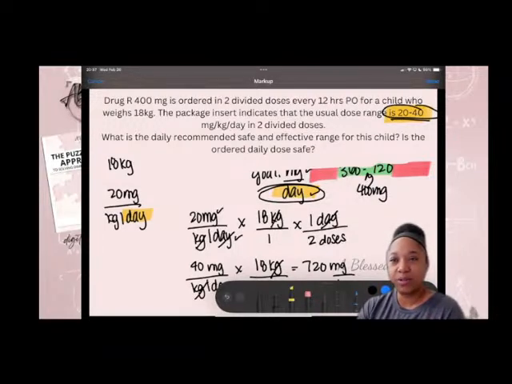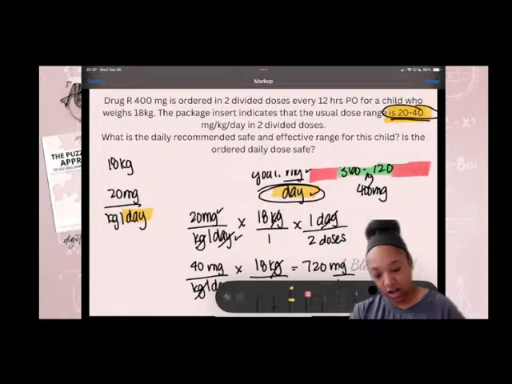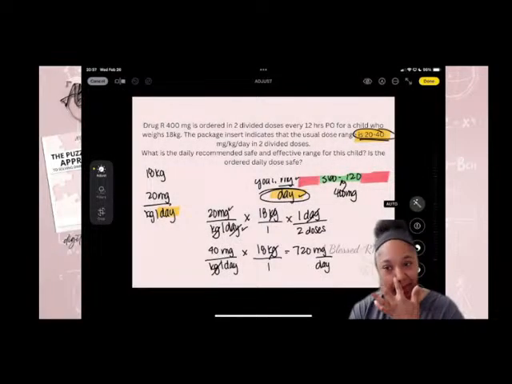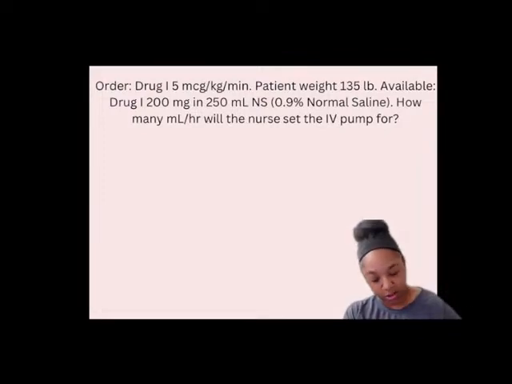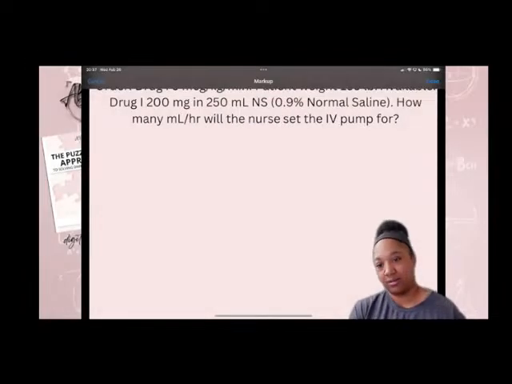Any problems with multiple parts? I have an IV infusion time question that has multiple parts to it. If I'm understanding what you're asking me for,